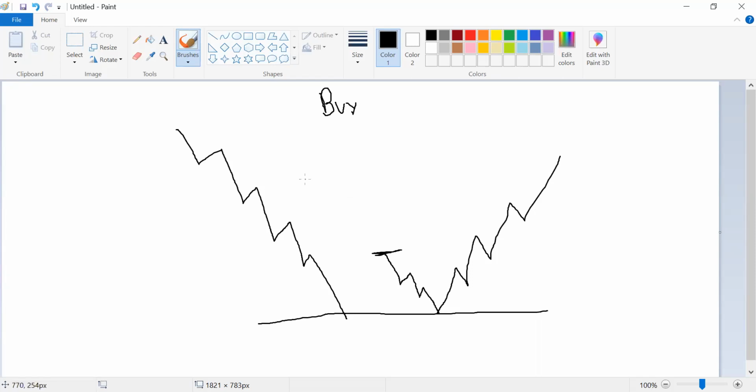I will repeat what I just said. The first condition is that the price should fall during the previous day's session. The second condition is that the price opens higher on the next day. And the third condition is that once the price gets close to the previous day's low, it finds support over there. Now this is going to get crystal clear once we have a look at the examples.